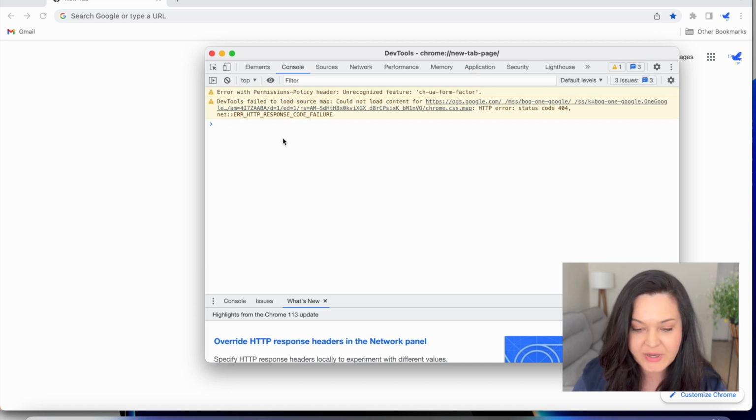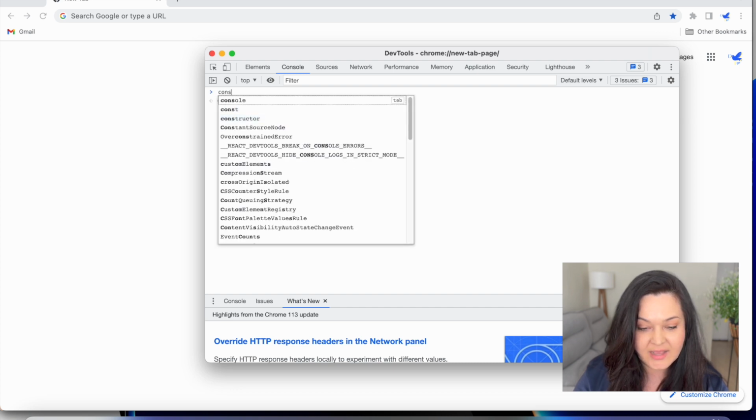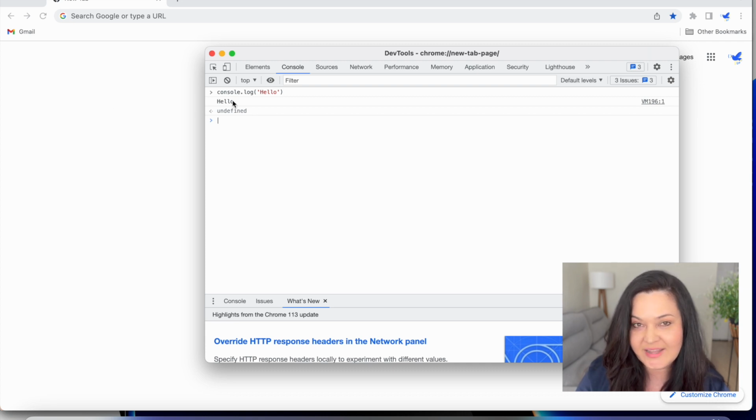We have some information about the code of the page we are visiting. So let's clear our panel by clicking here and then let's write a code. Let's write console.log, which is a method to output a message on our console panel. Here you write console.log and insert what you want to display inside the parentheses. Now I will write hello between quotes, and as soon as I press enter, it will display the data that I sent using this method.